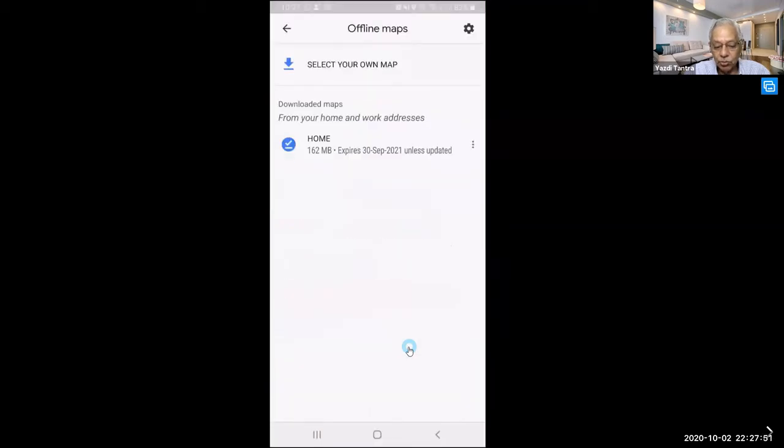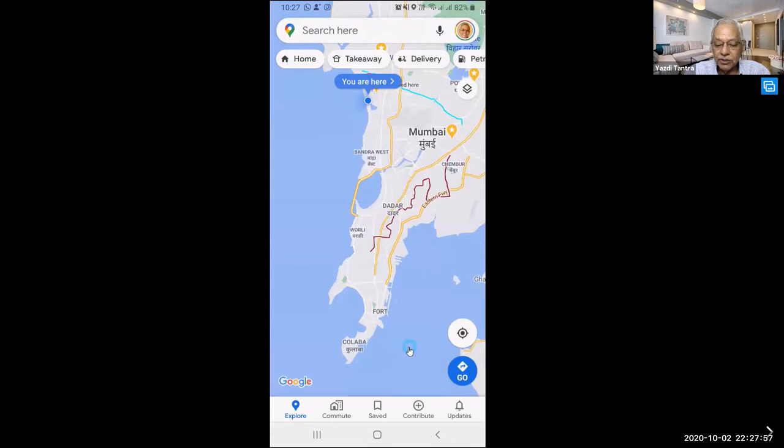I have taken home, this is the Mumbai map. This means that I can even keep my location off and travel around the city as long as my mobile is on. I don't have to worry about location sharing. Automatically GPS will catch up.